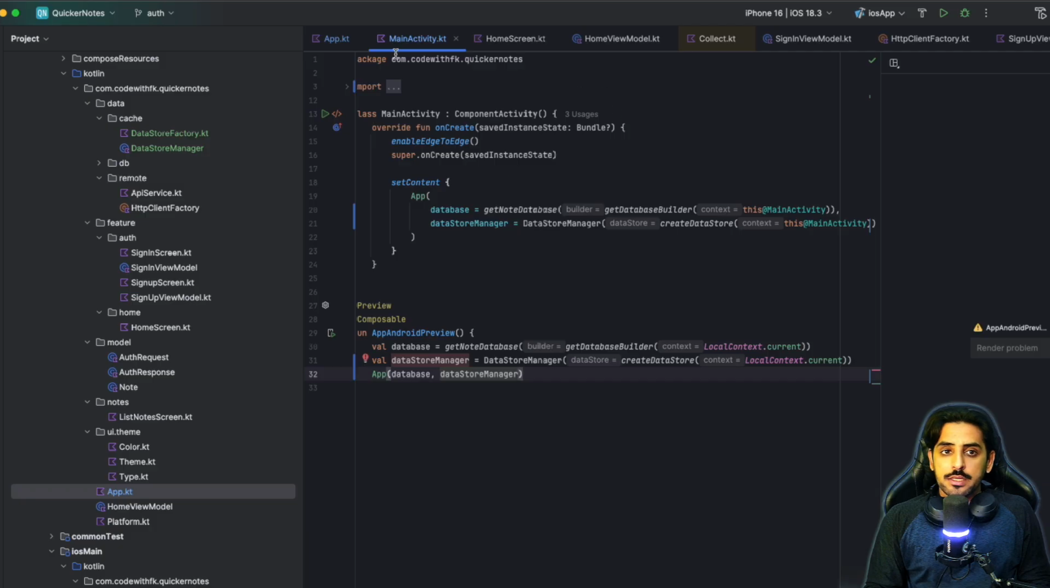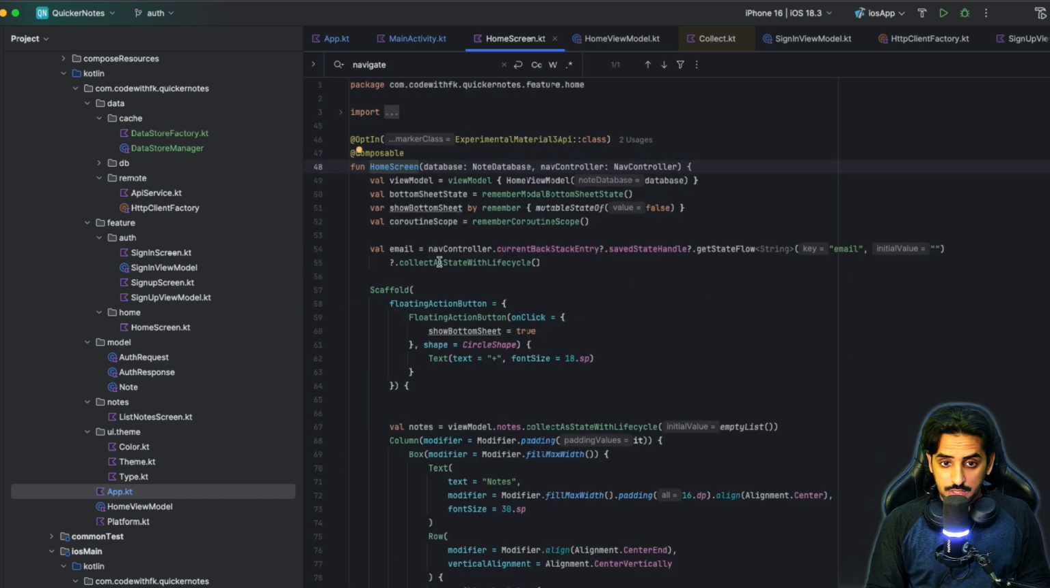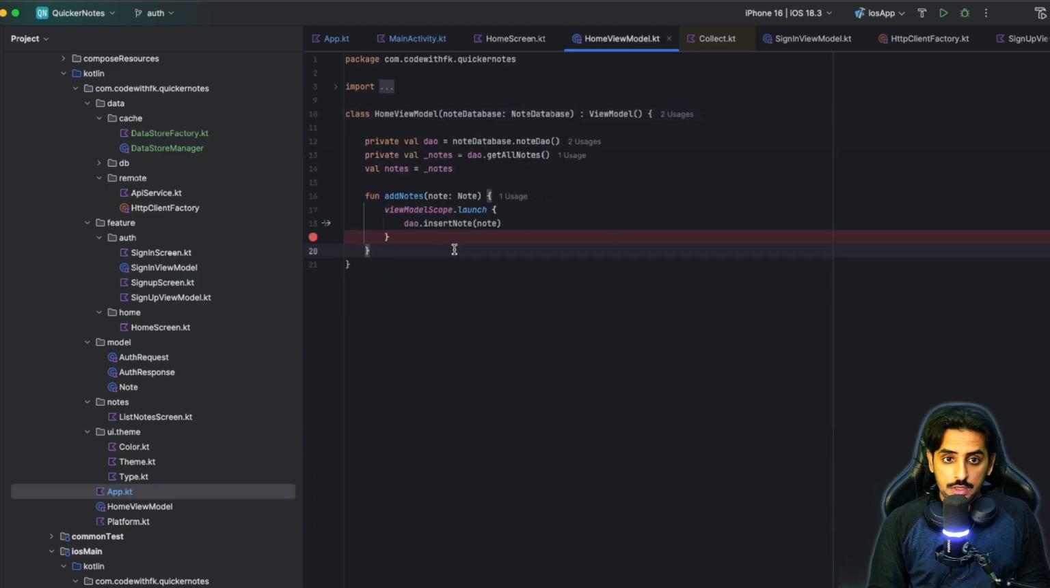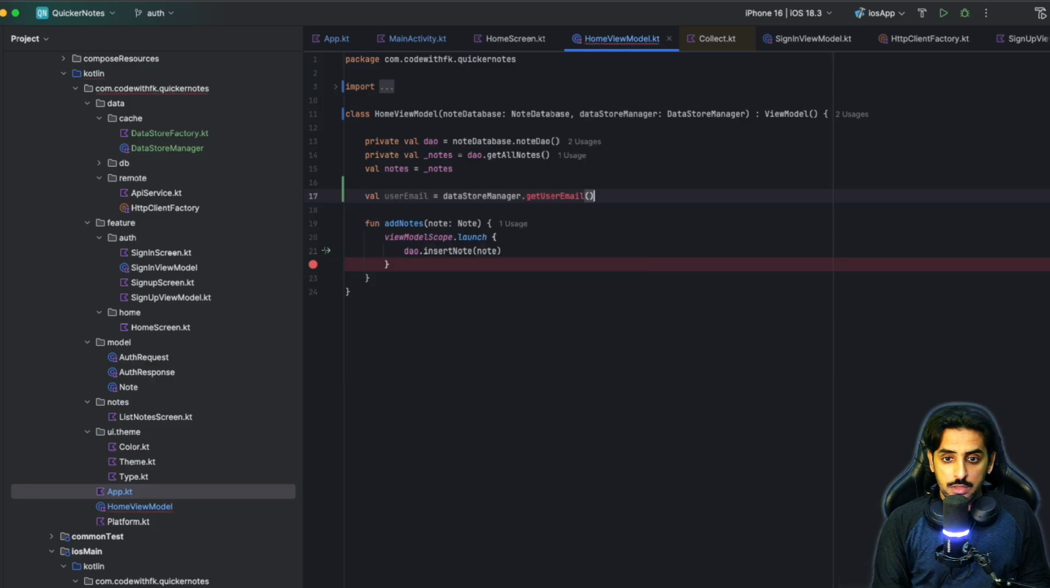Okay, now once you do that, the app should be able to get that store manager, and this store manager is something that will help us get those values for our app. The first thing that I want to update over here is the email functionality. Right now we have an email functionality that does all these things. We don't need that. So I'm going to say home view model, and this home view model should also have data store manager as this. Okay. Now over here we can create email